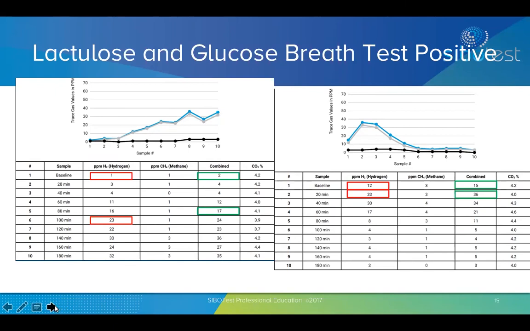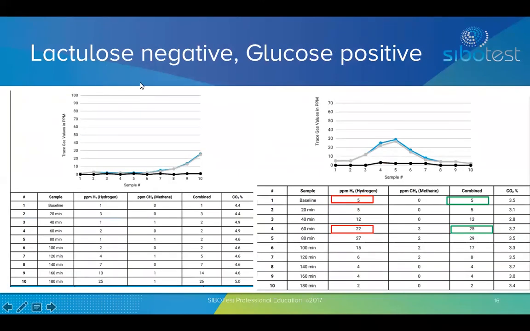Here's a case where in the same patient, the lactulose test is negative, but the glucose result is positive. So we see here on the left a baseline of hydrogen, and it doesn't really go up to 25 until 180 minutes, and that's 3 hours. That's certainly where the lactulose has reached the large intestine. So this is a negative test result for both hydrogen, methane, and the combined category. So if that practitioner had only done lactulose, they would have missed this particular case of SIBO,